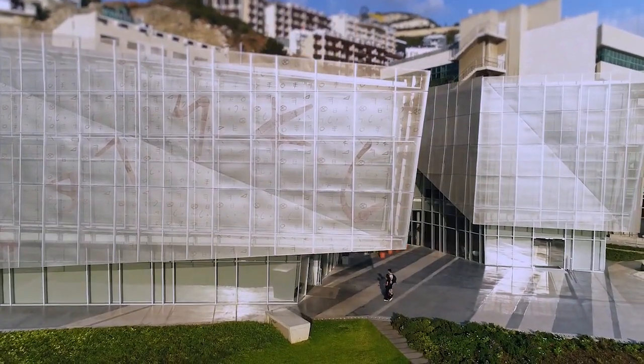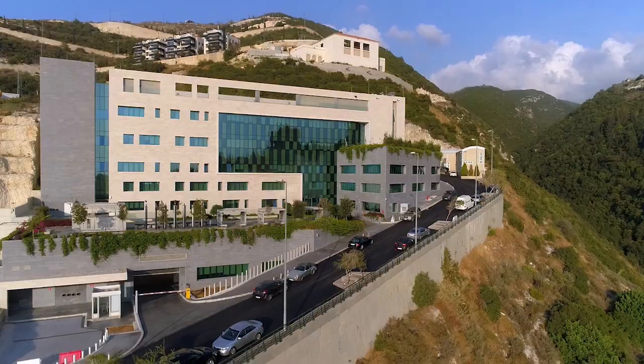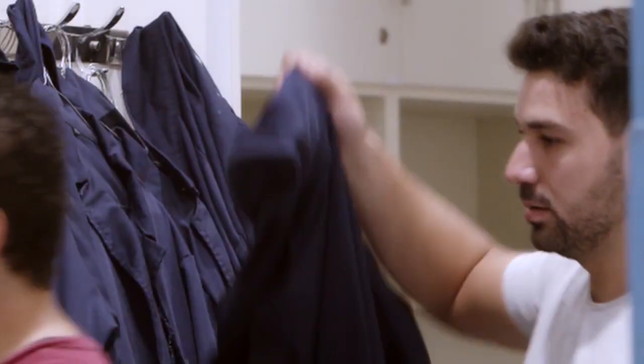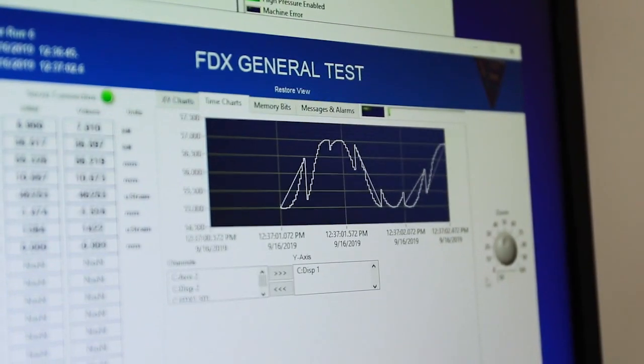Nowadays, full-scale structural engineering testing facilities have become the hallmark of any civil engineering program at a large research university. And since this is what LAU was aspiring to be, we set that as the goal, to have a structural engineering lab that was unrivaled in the region and in this part of the world. The specs of the LAU system exceed in capacity by about double to 2.5 times the specs of the other